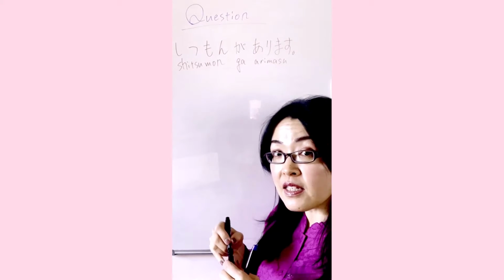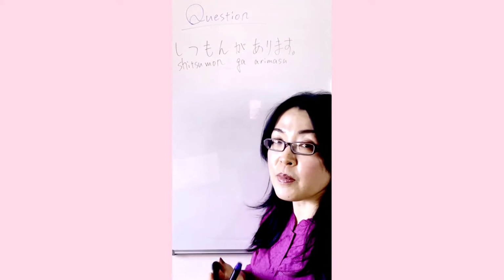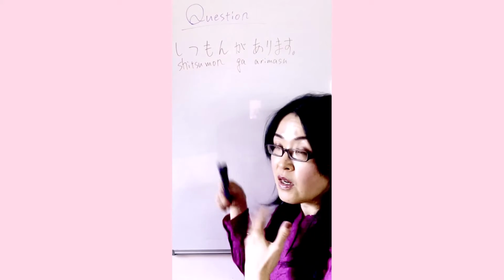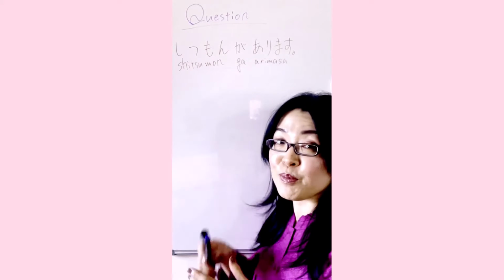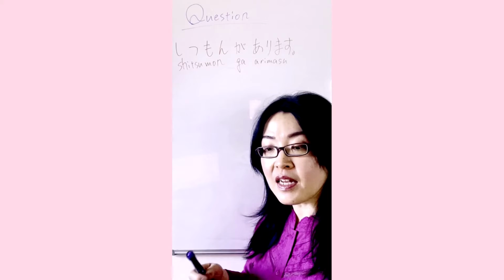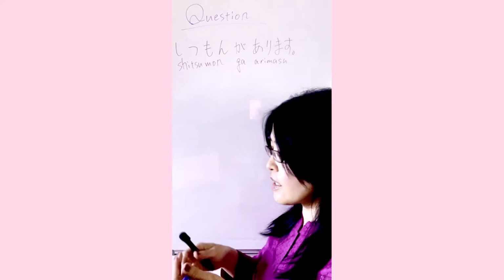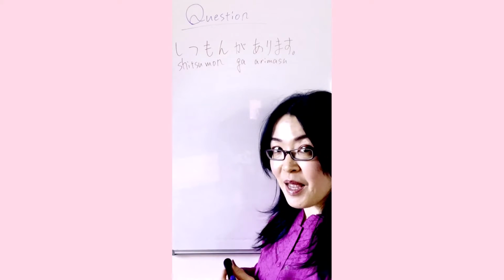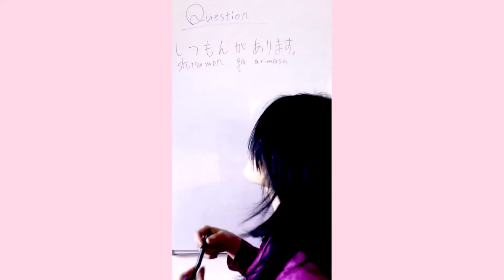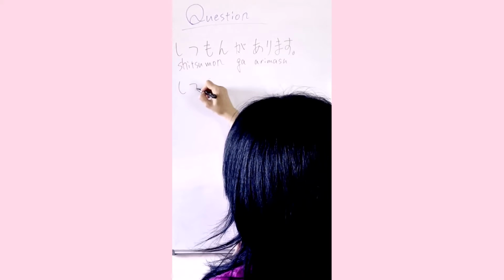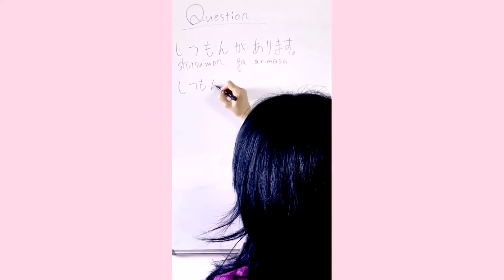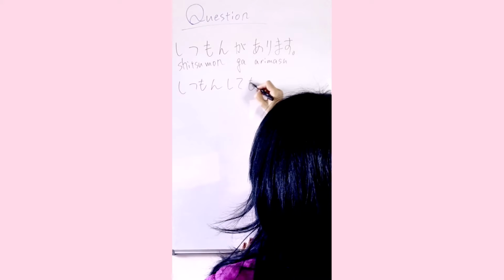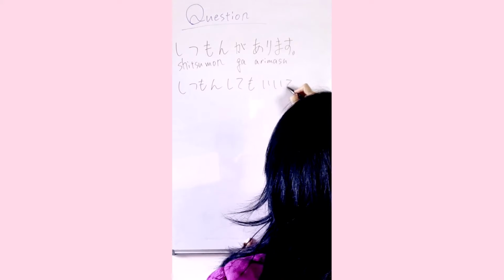So, あります means there is, there are. So, there is a question. It means I have a question. I have questions. Yes. So, 質問があります。Or if you want to ask, may I ask questions? 質問してもいいですか？